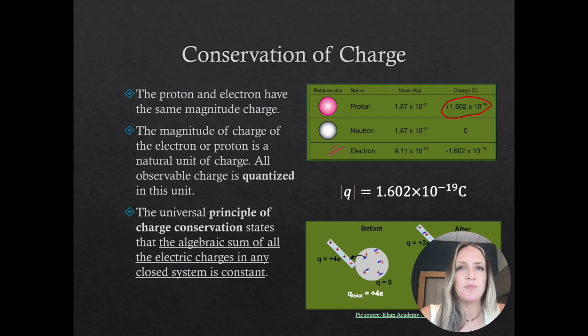And because of that observation, because we can't find anything else that has a smaller multiple of 1.602 times 10 to the minus 19, we say that this charge is quantized, okay? Or this quantity of charge is quantized. And so everything in this world exists in multiples of 1.602 times 10 to the minus 19 coulombs. Everything that has a charge, that is, okay? So protons and electrons have the same magnitude charge, okay, opposite signs. That magnitude happens to be 1.602 times 10 to the minus 19. And the third property,